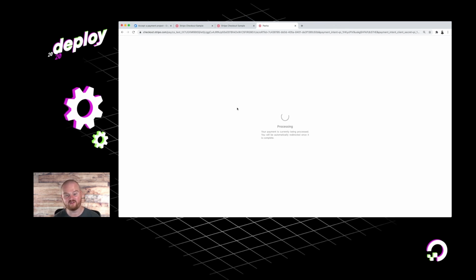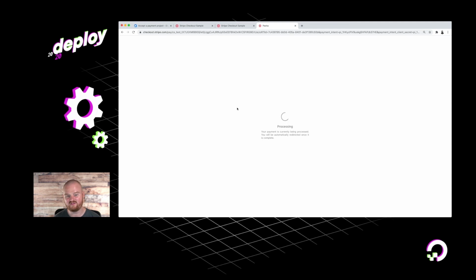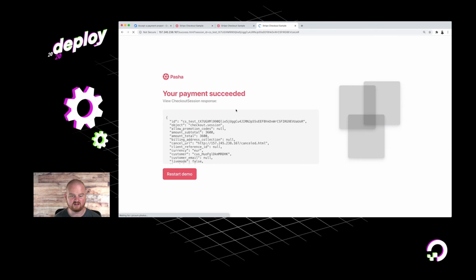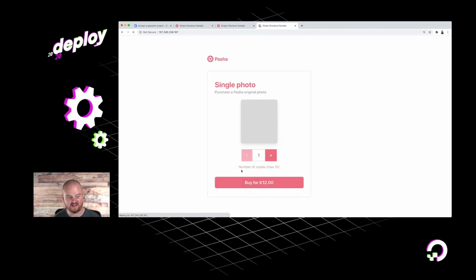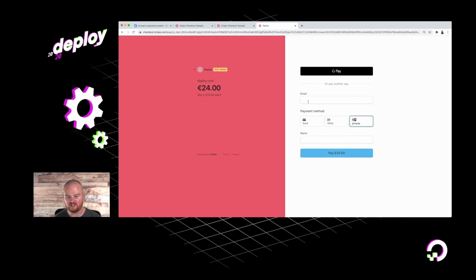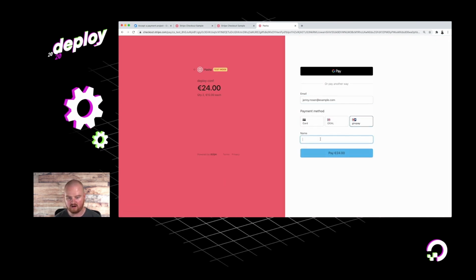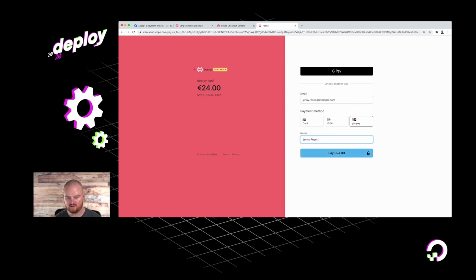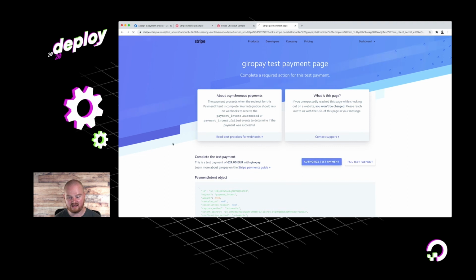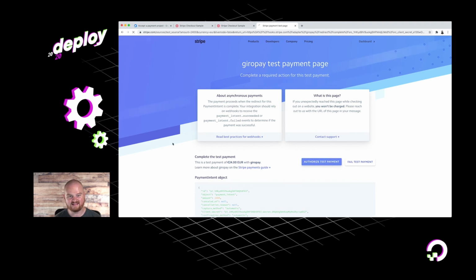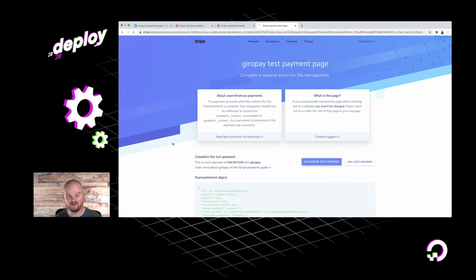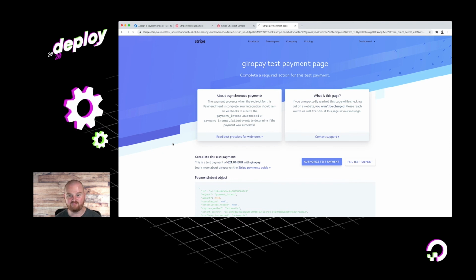So you get a different flavor for what these payment method types feel like, at least in test mode. Again, in live mode, it's going to feel a little bit different and look a little different. All right, so that's paying with iDEAL. Let's go through the flow now. Finally, with Giropay, we're going to put in our test customer again and click pay. And that is really it for authorizing a test payment for Giropay. Again, both of those payment method types will behave a little bit differently in live mode.